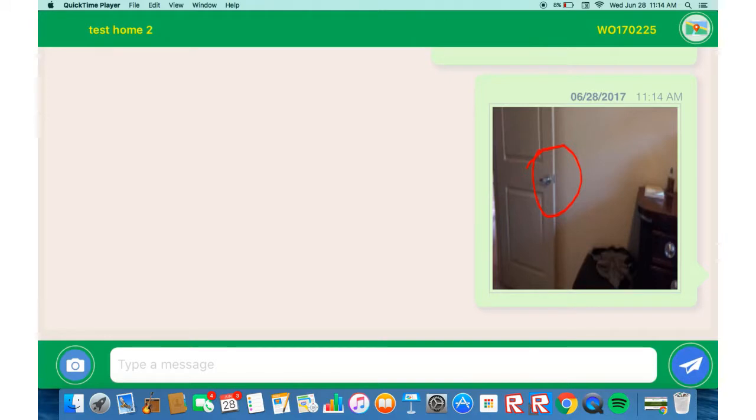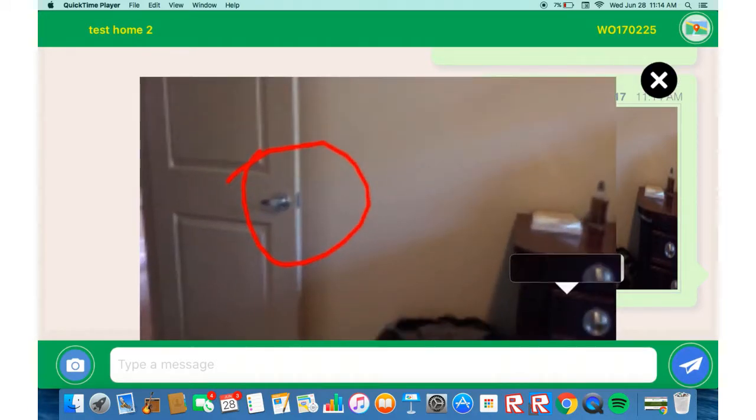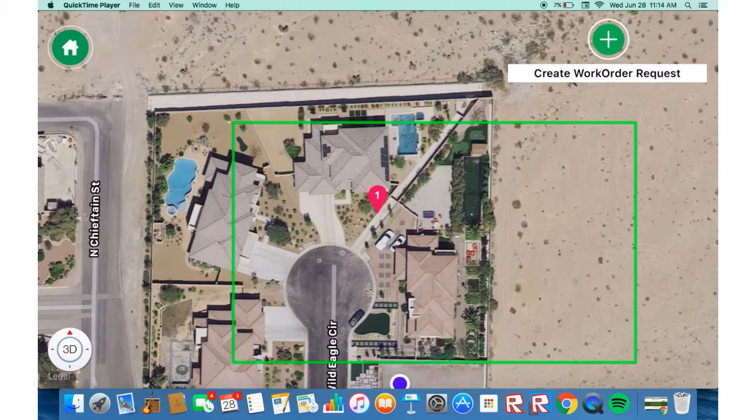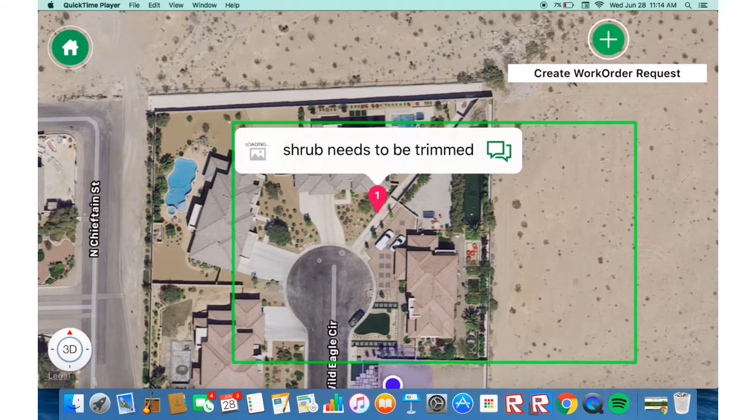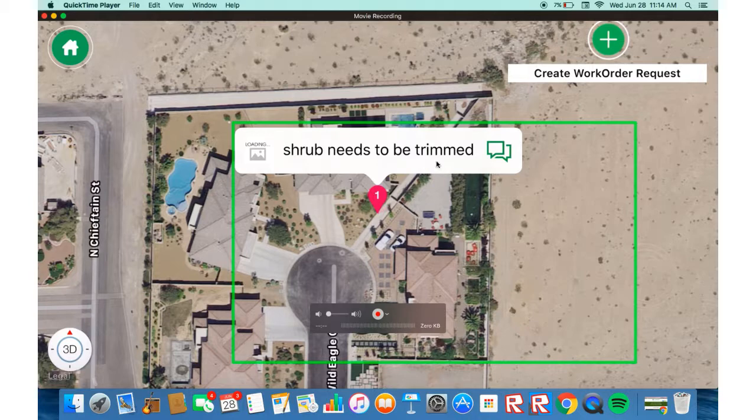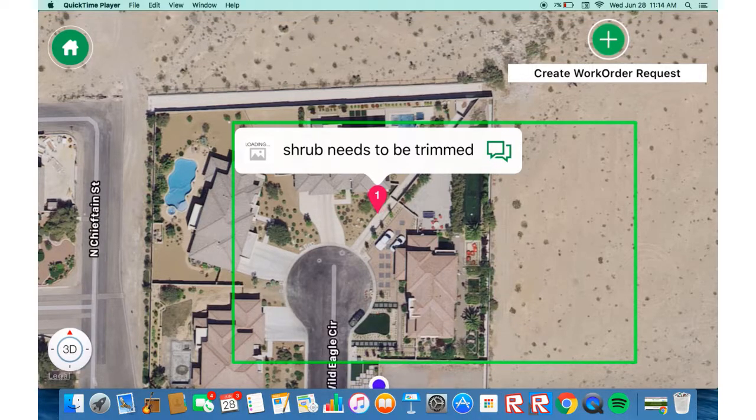If we want to add a note to the picture, or to the work order itself, all you have to do is click